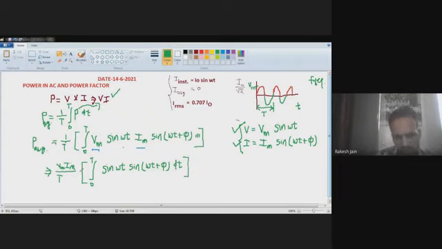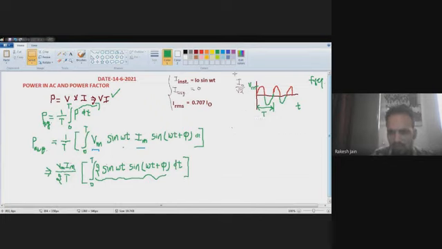Now we can change this. Here there is sine omega t and sine omega t plus phi. If I divide this equation by 2 and multiply it by 2, there will be no effect on the equation, because the 2s cancel out and the equation will be the same as you have till now. But due to this, you now have two terms, 2 sine A sine B, and in trigonometry there is a formula. I just remove this term to save our space, this AC waveform.